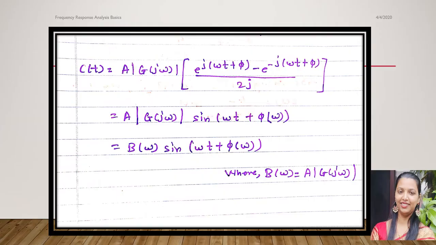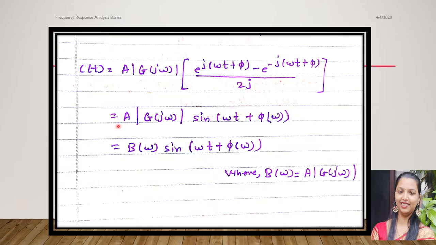Taking Laplace inverse on both sides, we get c(t) equal to A magnitude G(j omega) into e raised to j(omega t plus phi) minus e raised to minus j(omega t plus phi), upon 2j